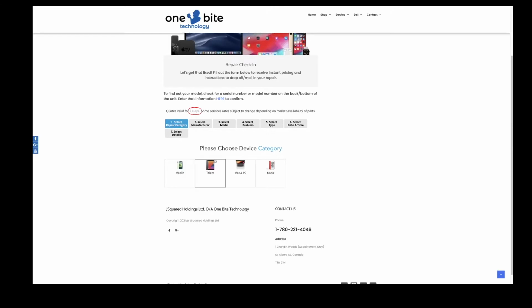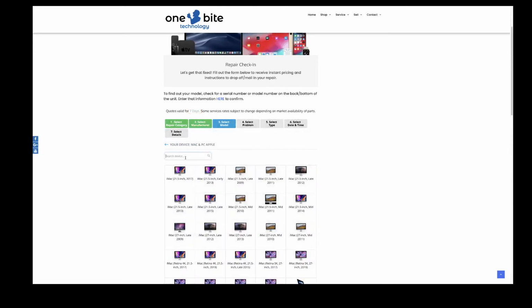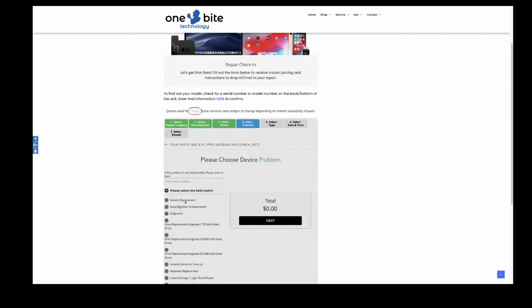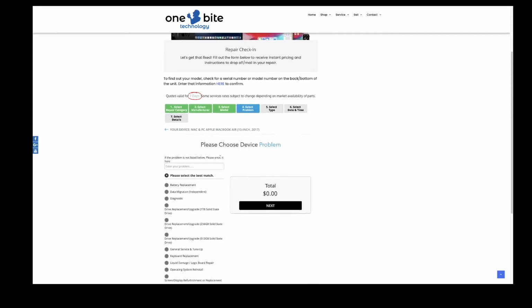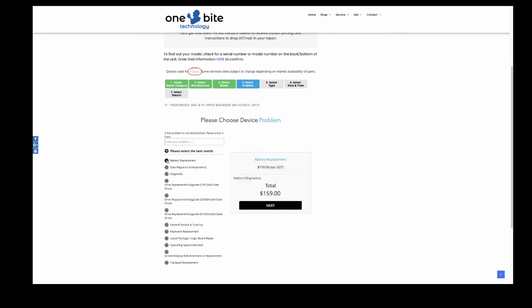So first thing, they select the repair category. So let's look at Mac and PC. Apple, and let's say we've got a 2017 MacBook Air that needs a new battery. So they can choose the problem, and you can notice here if the problem's not listed, they can enter it manually, which is great for anything that I happen to miss here. So we'll choose battery replacement,